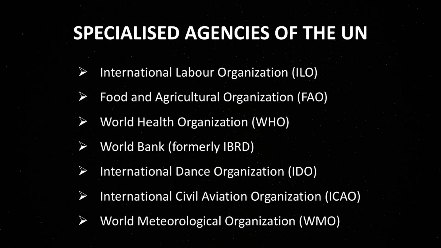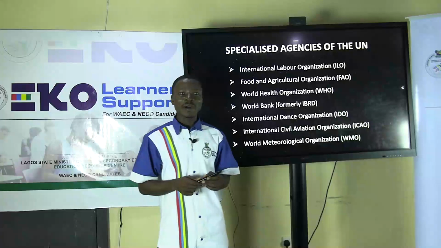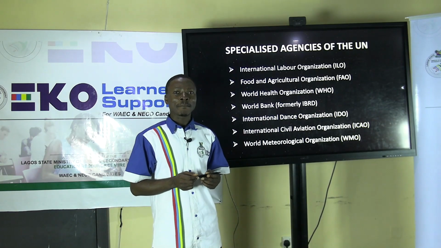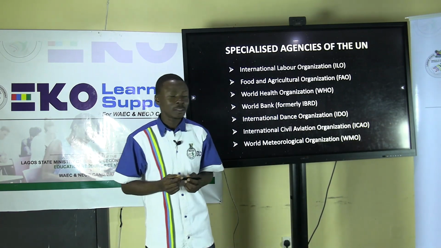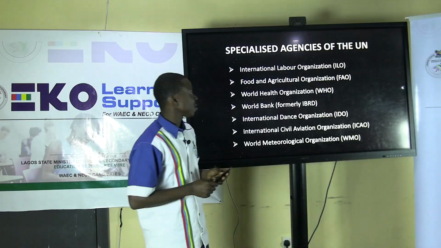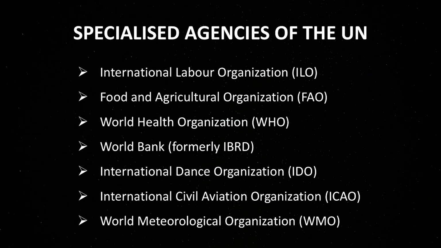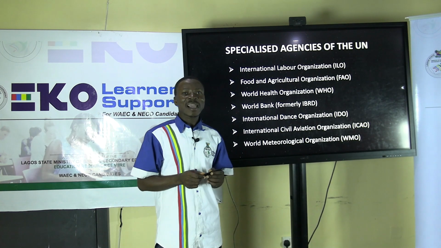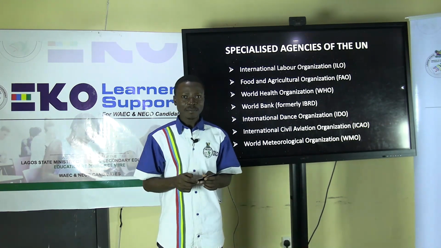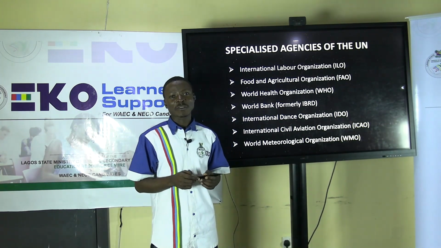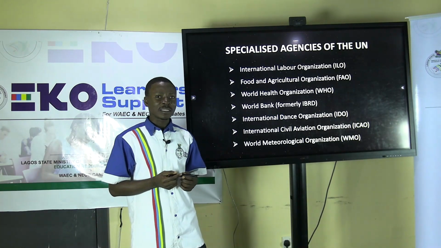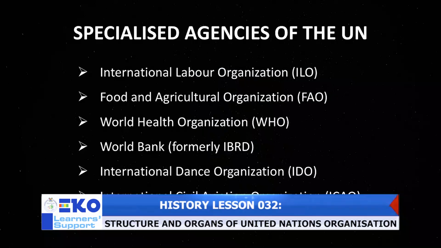Some of these organizations include the International Labour Organization, which oversees the welfare of employers and laborers all around the world; the Food and Agriculture Organization, which specializes in food security and production of food; the World Health Organization, which oversees the fighting of diseases and improvement of well-being of all citizens of the world;